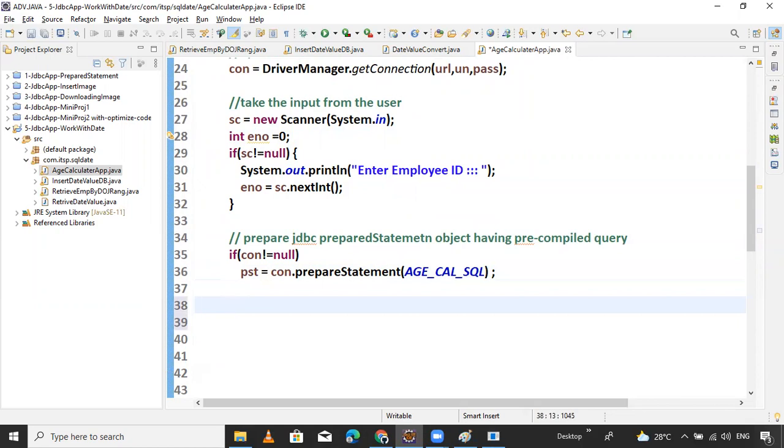Now next is set the value in the parameters of the prepared statement.